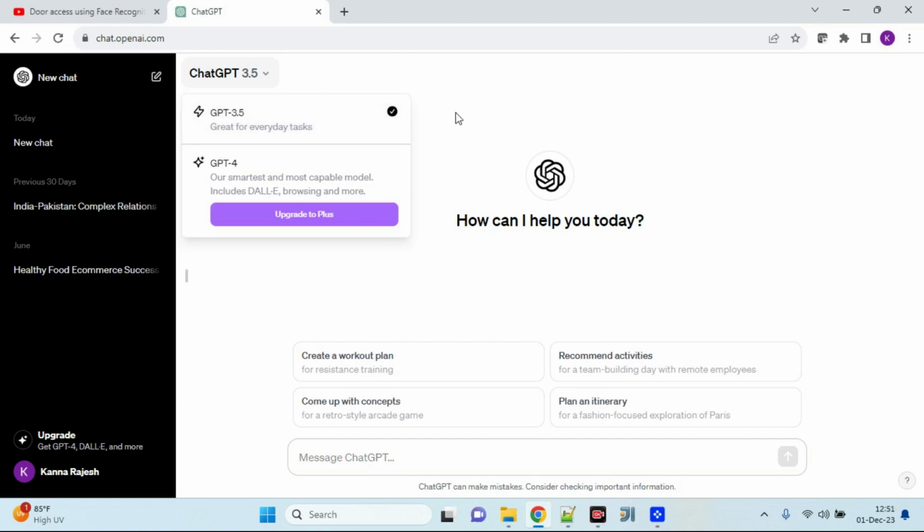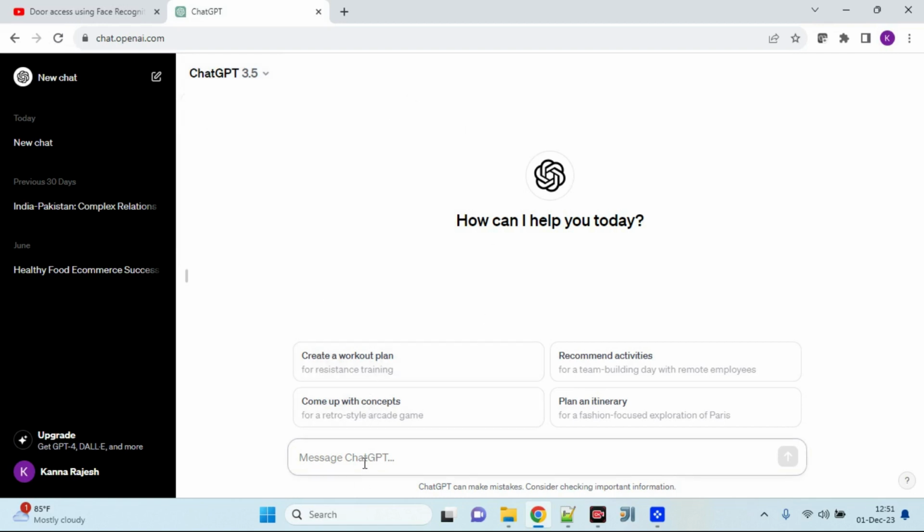Currently I have logged in with my Gmail account. Likewise, you can log in via your Gmail account and simply type whatever you need. If you go here, there is a message prompt. Nowadays we call this prompt engineering, a new derivative term. If you want to know about something, there are a couple of topics going around in the market. So let's say, tell me something about